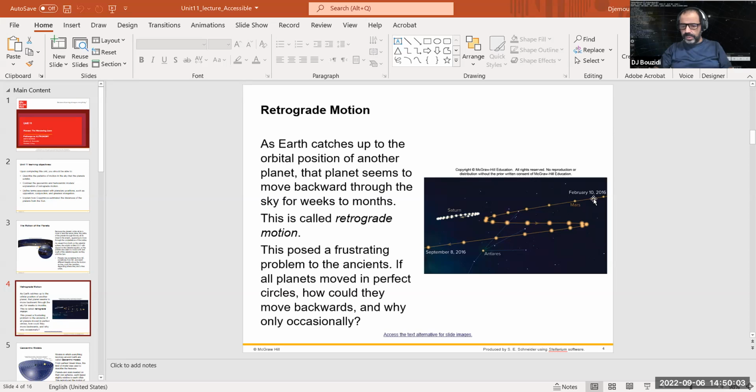Well, planet Mars is moving versus the background constellations. Case in point, in here you have Antares, which is a big constellation. So if you focus on this constellation, you will see that Mars moves around, and then at some point moves back. The minute it starts from here,